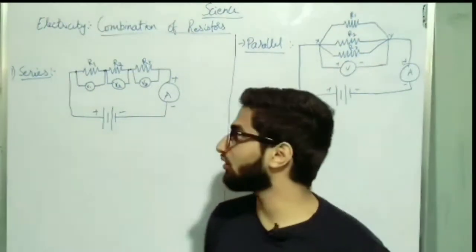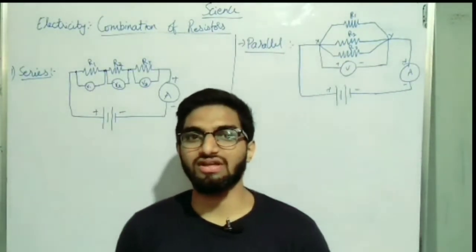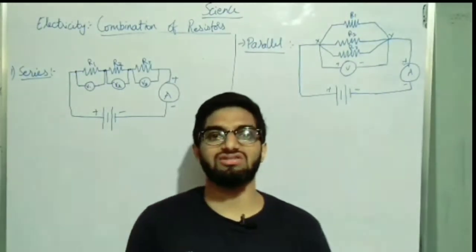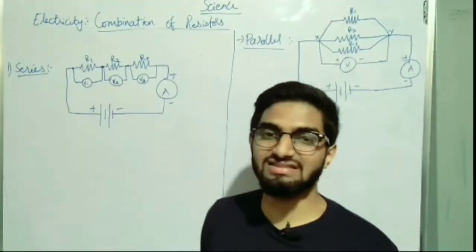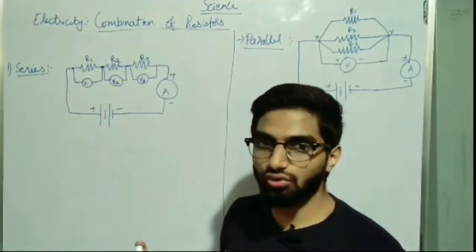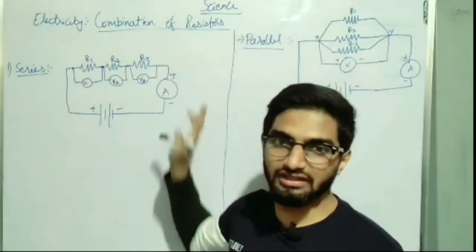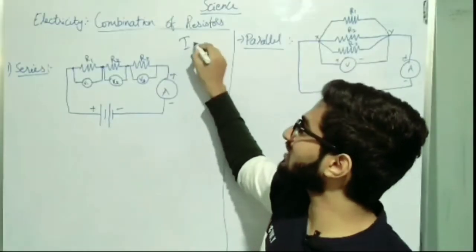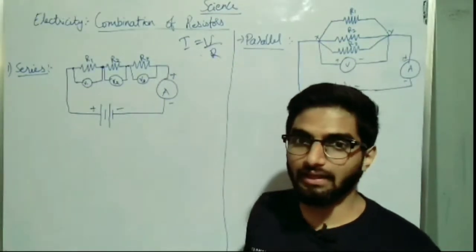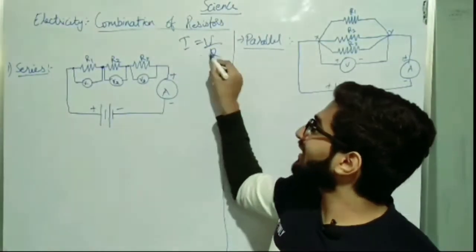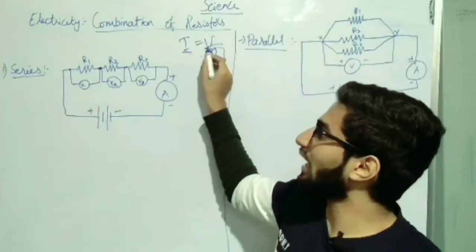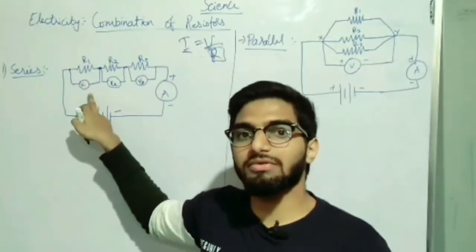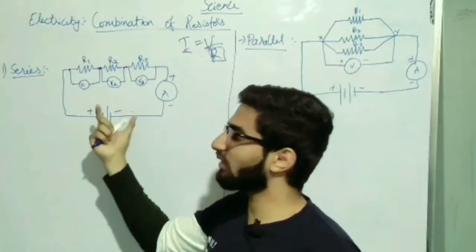From your exam point of view, I can tell how the question can be framed. They can give you 1, 2, 3 or many resistances, and they'll ask you to draw a circuit where you have to connect the resistances in series fashion. So how do you do that? Series means you have to connect the resistors end to end. Then we know by Ohm's law, remember this, I is equal to V by R, correct? So if you are adding a resistor, you should be measuring current and potential difference. To measure the voltage, you have to add a voltmeter, and remember this is very important.